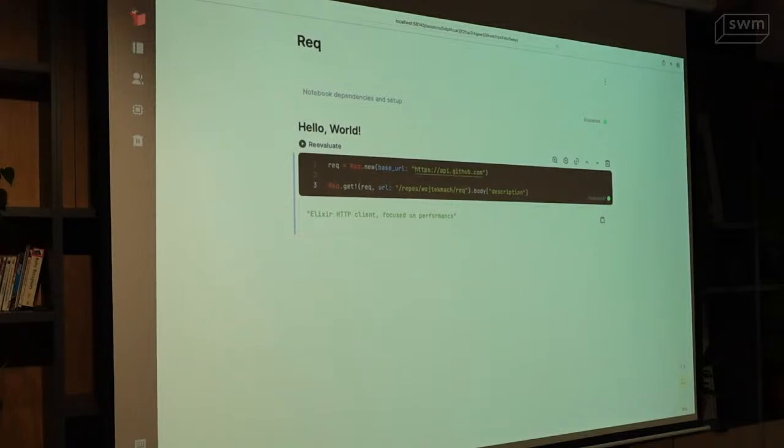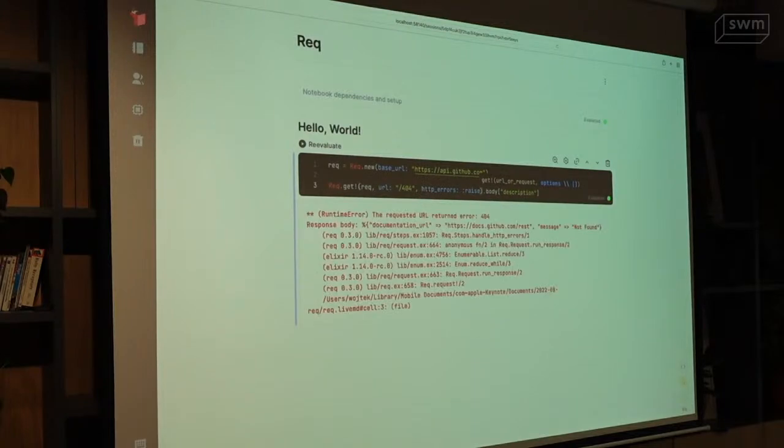Let's check out something else. Let's hit this URL, like a bad URL. We got a nil, and the reason is we got the response, but the response didn't contain that key. So when we write code like this, it kind of expects that we got the successful response. So what we can do with Req is say http_errors: :raise. And now, if Req sees errors in the 400s or 500s, it's going to automatically raise. So this is kind of useful for, again, maybe you have one-off scripts, you don't want to do error handling, but you still want to have a reasonable error.